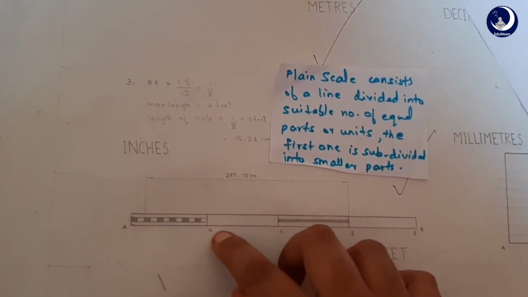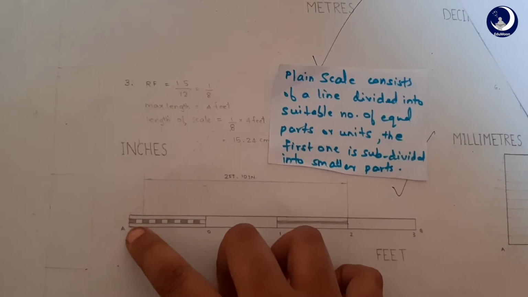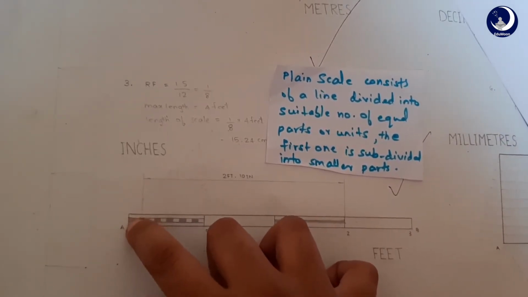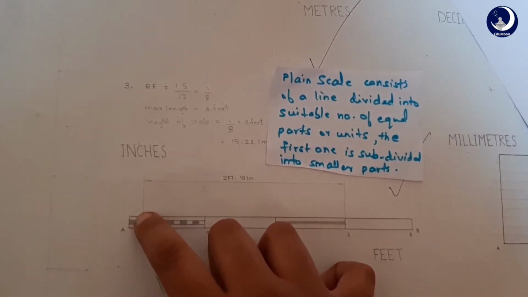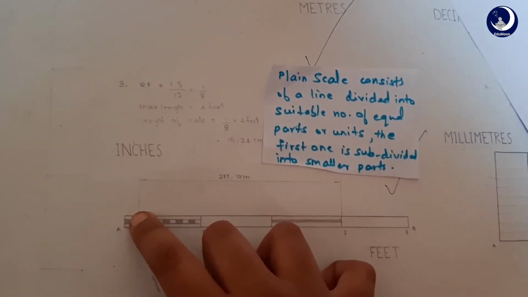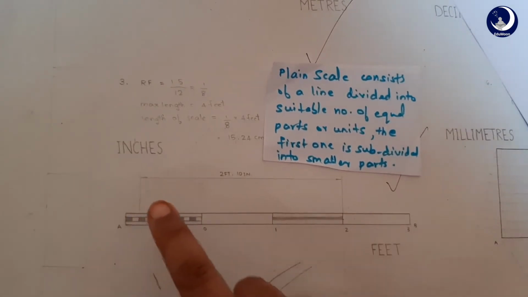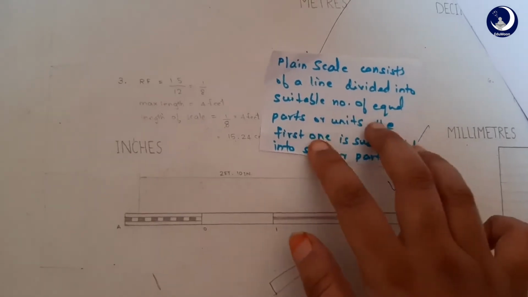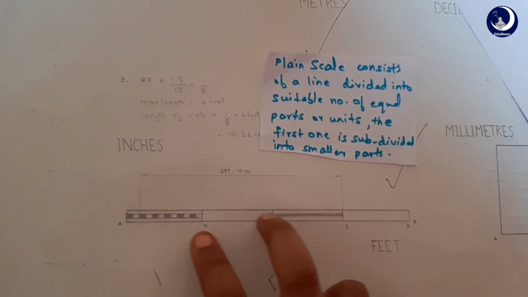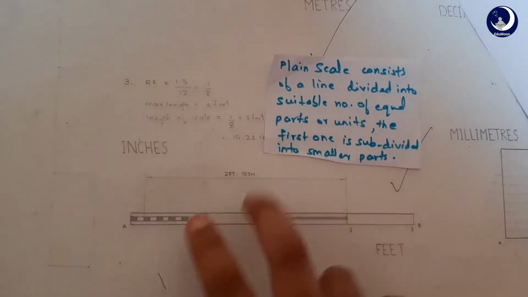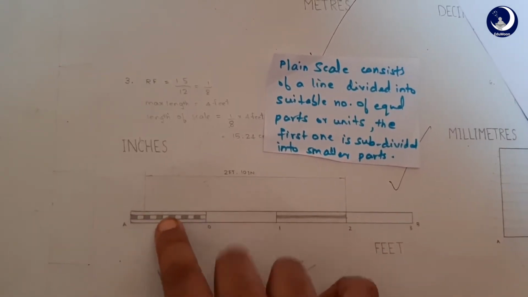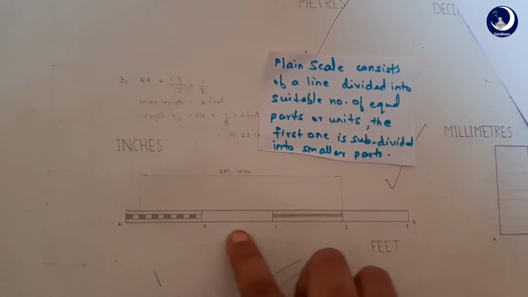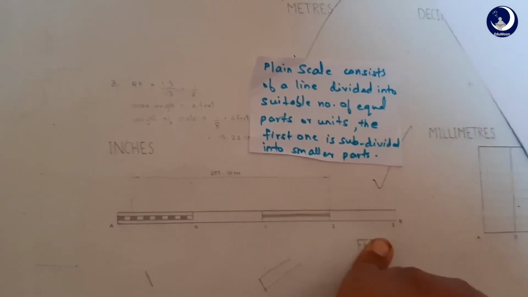If we had taken just one line, it would be difficult to represent smaller dimensions and hence we use a small width. So this can be 5 to 6 mm or smaller, or as your teacher suggests. So that is the first point. And the second point is that the first part is subdivided into smaller parts. That is, the first part of the plane scale will be divided into smaller parts. The main scale is divided into equal parts, that is 1, 2, 3, 4. In this question, it's divided into 4 equal parts.